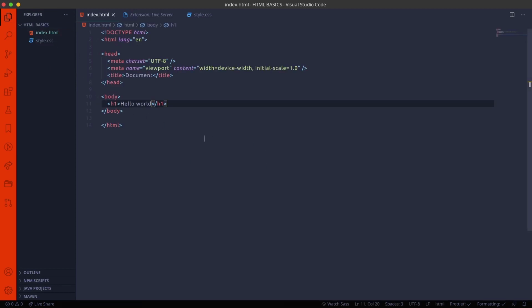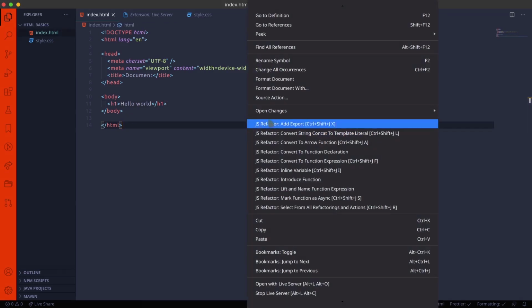Again we go to our index.html file, right click, and here you can see Open with Live Server. Basically, Live Server means it will convert our code into the web page by converting the whole code.